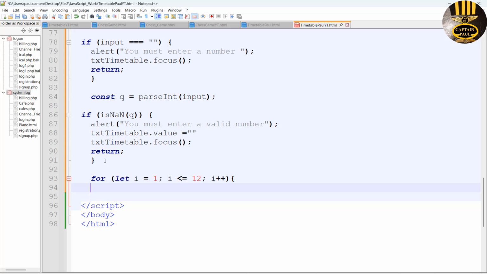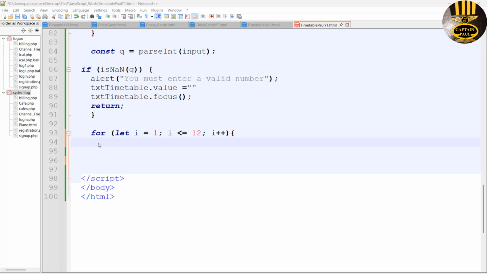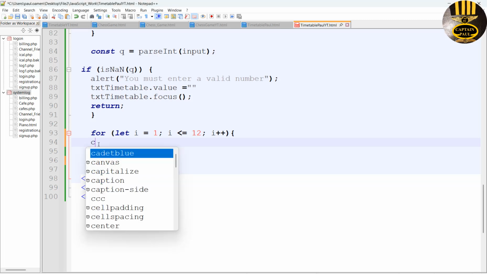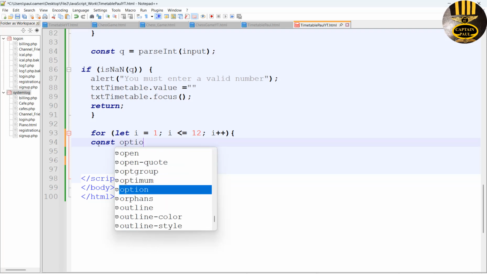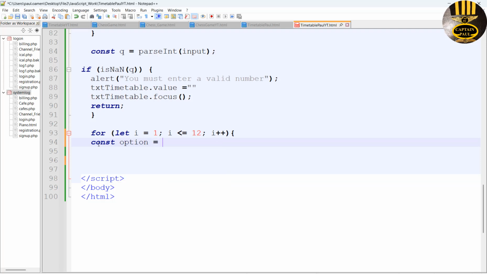This constant I'm going to call option, and option is going to be equals